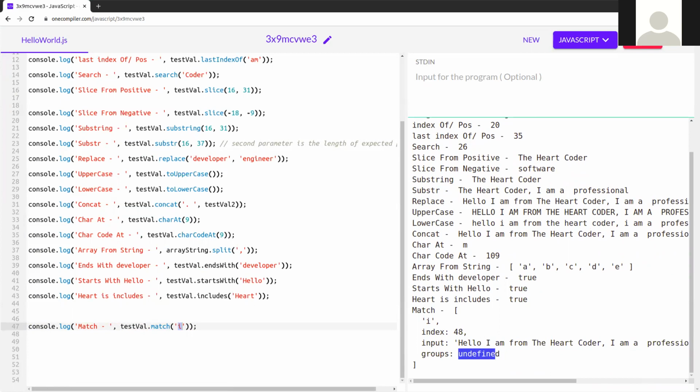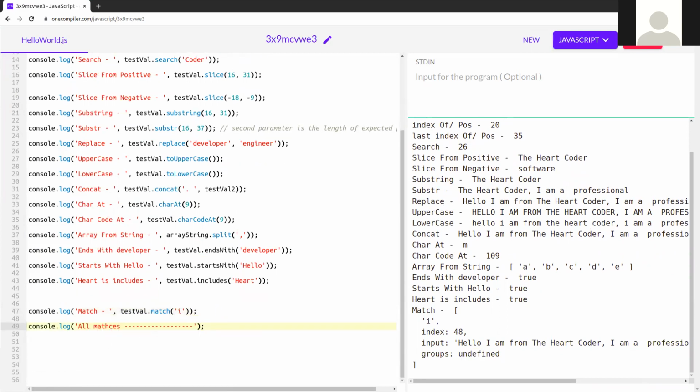Next is matchAll. This was a single match, this is all matches. So I'm just separating this. And now how to use that? I'm using the spread operator, creating one variable, const matches, and using the spread operator on the string, with dot matchAll for this regex.